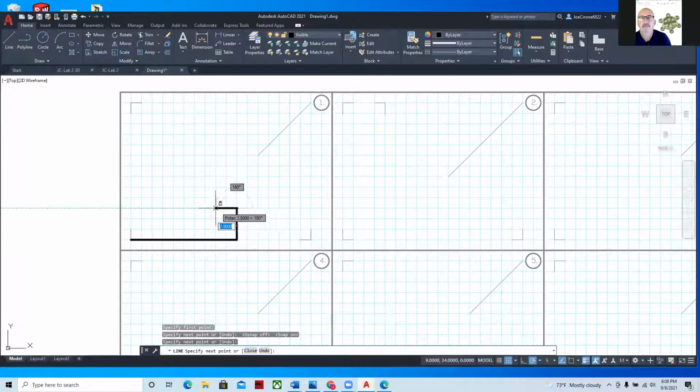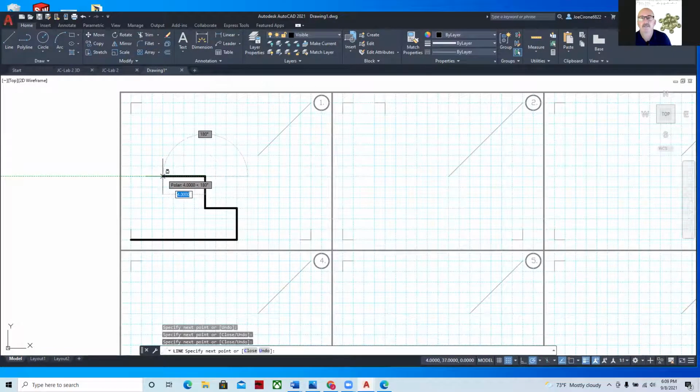There we go. So we go 10 units, and I believe it's 3 units up. And then we go 3 units over. And then we go 3 units up. And then we go 4 units over. And this is just basically 2D layout work. And so we'd come up with this shape here, hit escape,